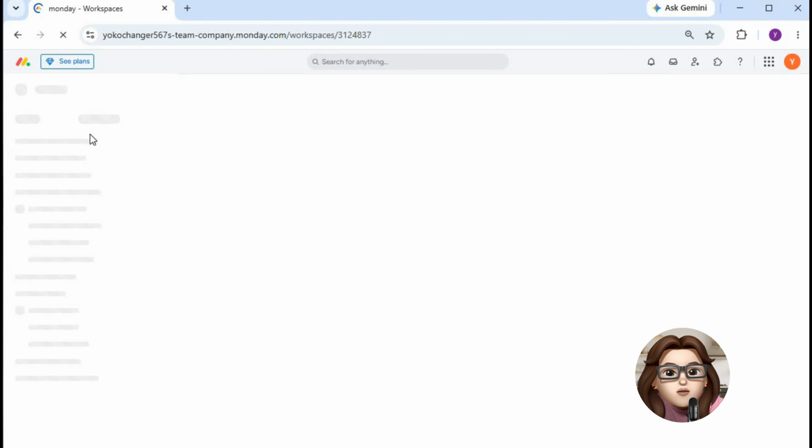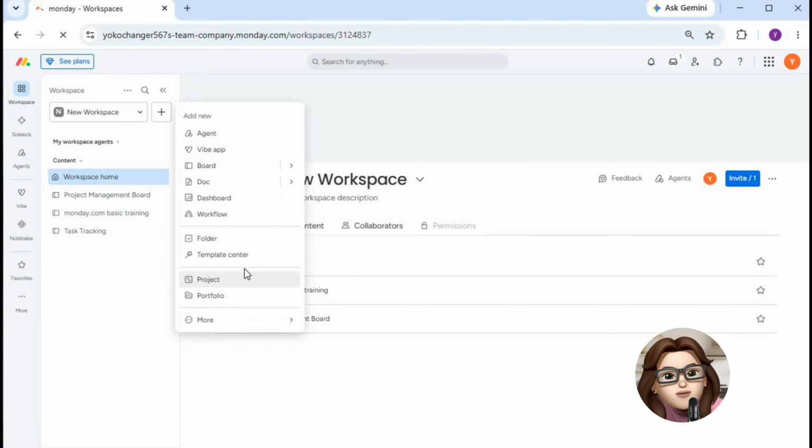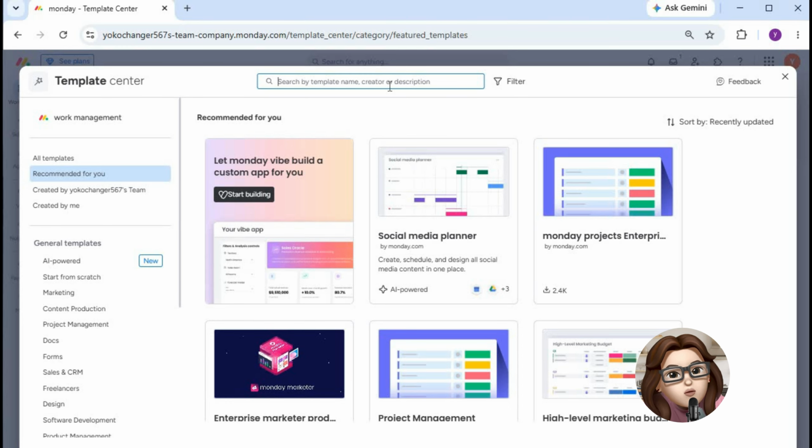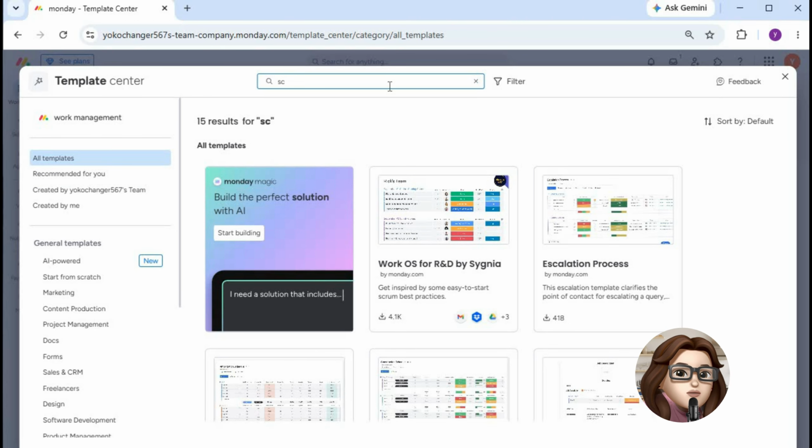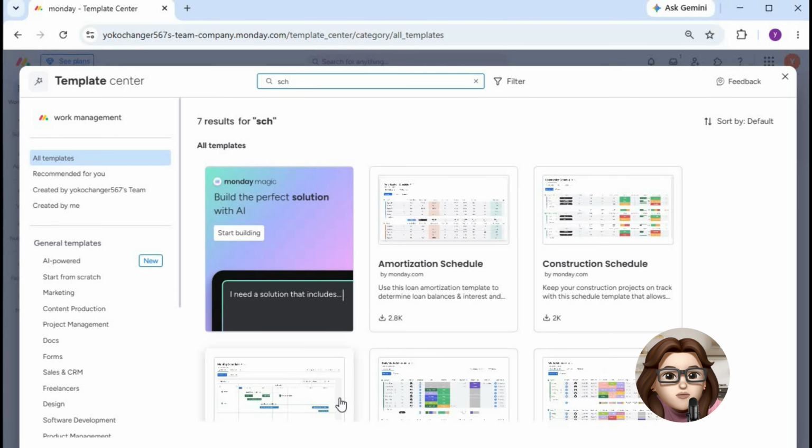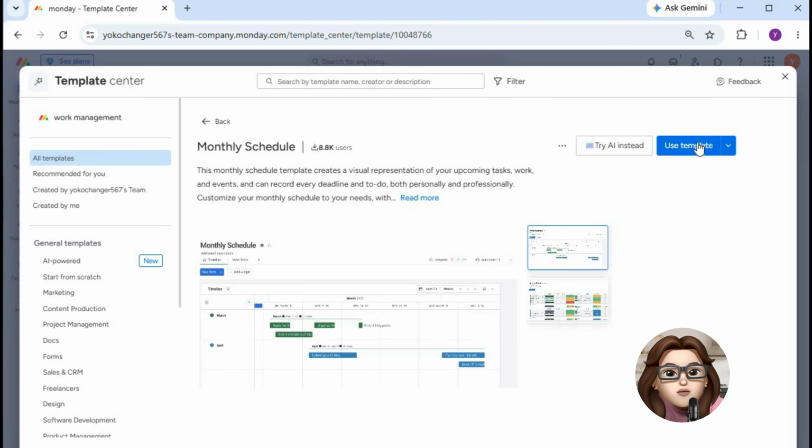You can start with a scheduling template or create a board from scratch. Next, add the essential columns for scheduling. Include a timeline column for start and end dates, a person column to assign tasks, and a status column to